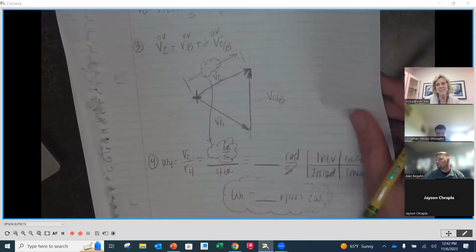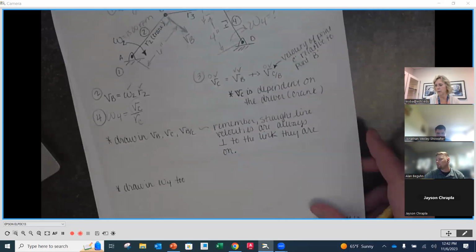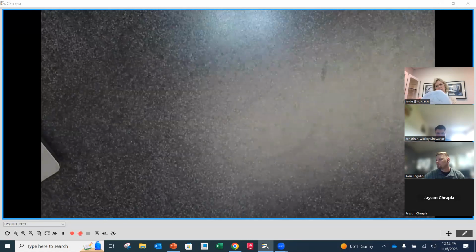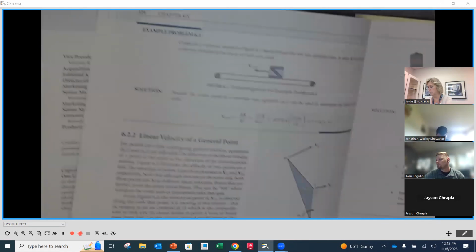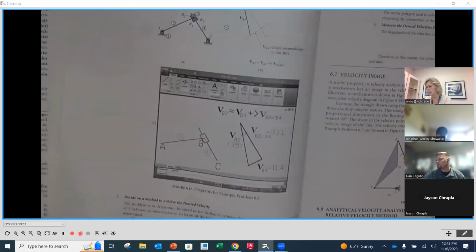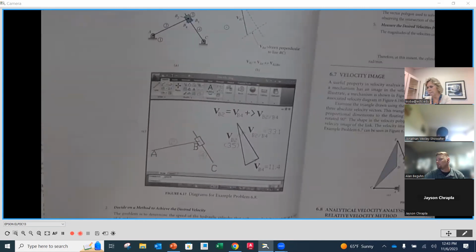All right, don't know what to ask, right? We need a little bit more practice. So let's do an example like this, and I'm going to walk you through the process before we look at a slider crank mechanism. So we're going to go back to our book and look specifically at example problem